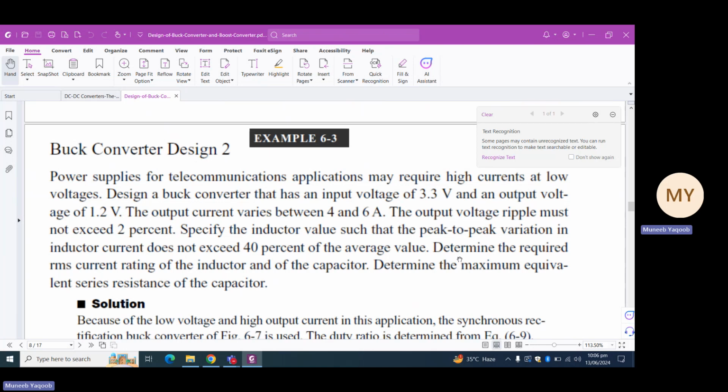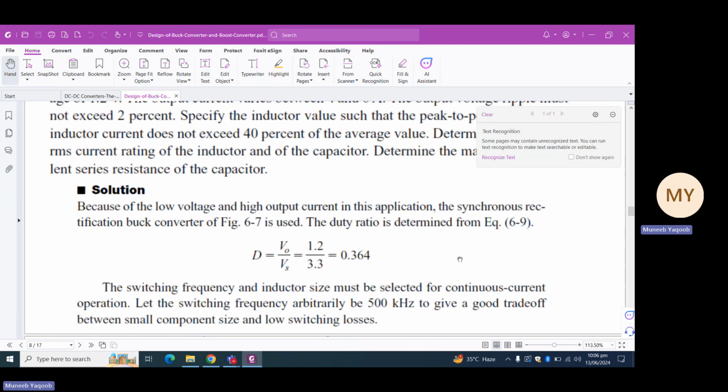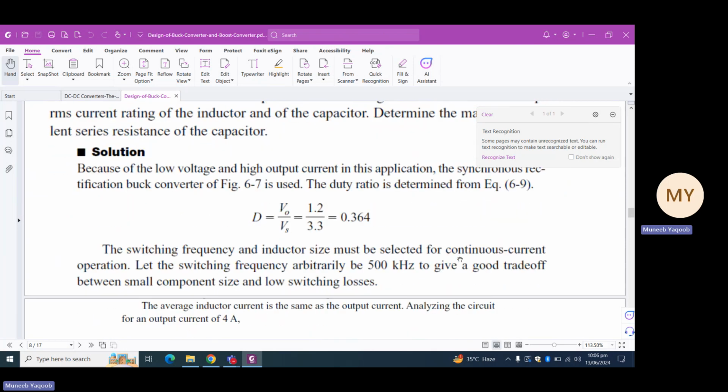Now they are saying that the currents are in between 4 and 6 ampere, and the ripple must not exceed 2%. And one more thing, they are saying that the inductor current variation does not exceed 40% of the average value. So determine the required RMS rating of the inductor and the capacitor and the maximum equivalent series resistance of the capacitor. Again, using the output voltage V out and the supply voltage Vs, we calculated the duty cycle, and it is 0.364. Now we assumed arbitrarily that the frequency is